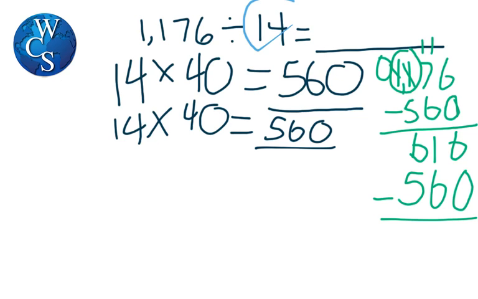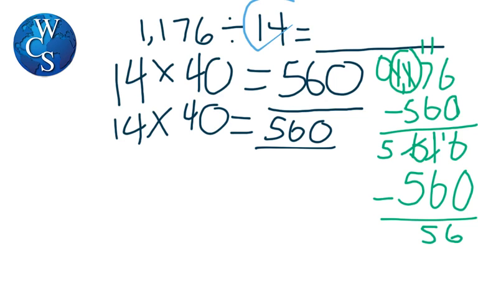So 6 minus 0 is 6. And since I can't subtract 6 from 1, I have to remove 1 from the 6 in 616 and get 5. So I'll do next, turn the 1 into 11, and 11 minus 6 is 5, and 5 minus 5